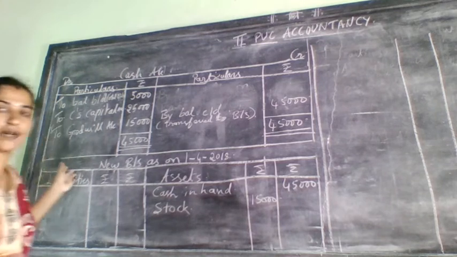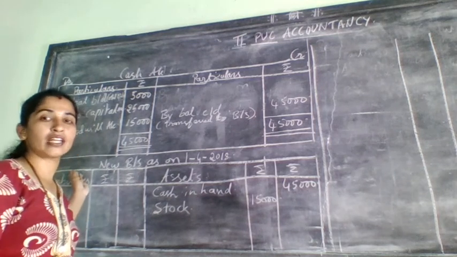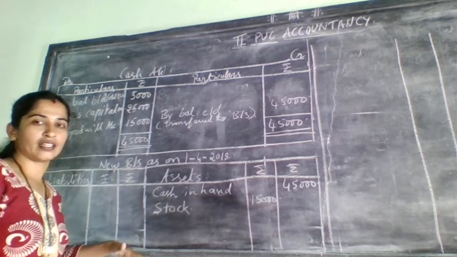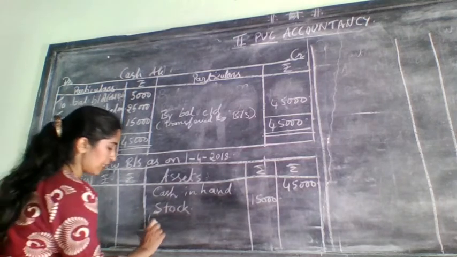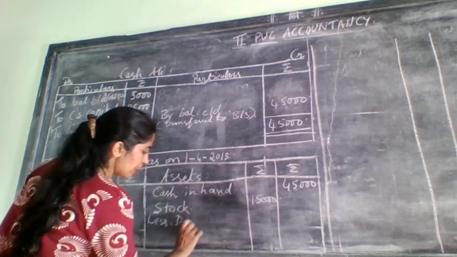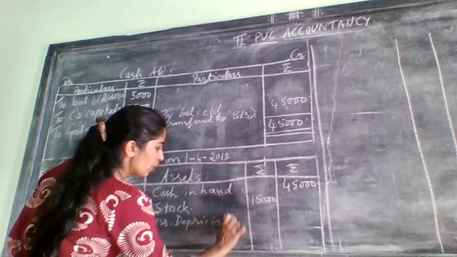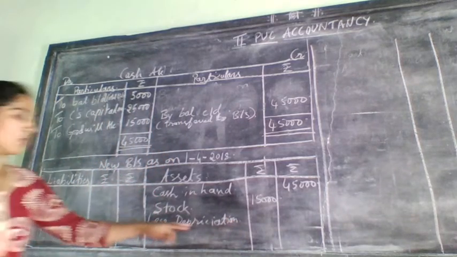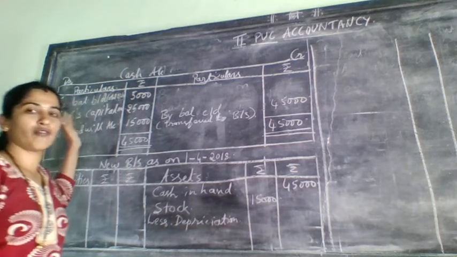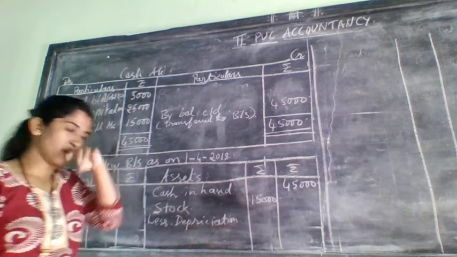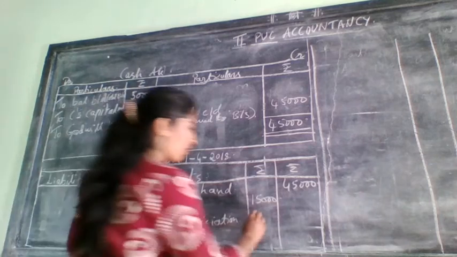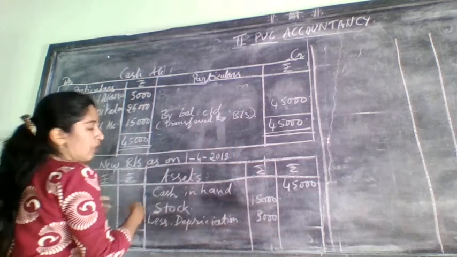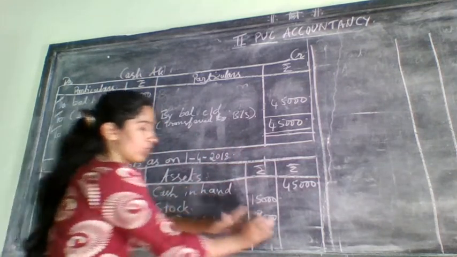Check in the revaluation account where that stock adjustment will be. The adjustment was on the debit side of the revaluation account. Correct? You have written it as depreciation. Now tell me, student, whether the depreciation should be added or subtracted. It should be subtracted. So write here less depreciation. Less depreciation. No need to calculate once again. Don't calculate at all while preparing the balance sheet. Your amount is directly written on the debit side of the revaluation account. On the debit side of the revaluation account, how much have you written? You have written 3,000. You have taken the difference amount. No, don't do any adjustment at all. Whatever you have written in the outer column of the revaluation account, that you need to write here.